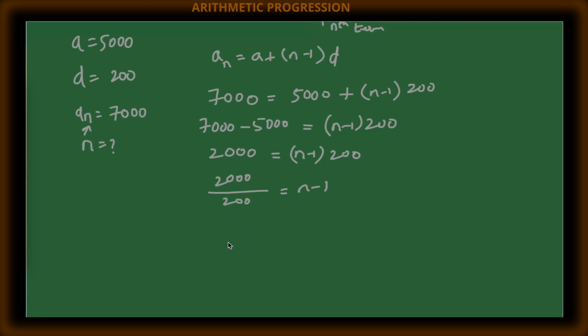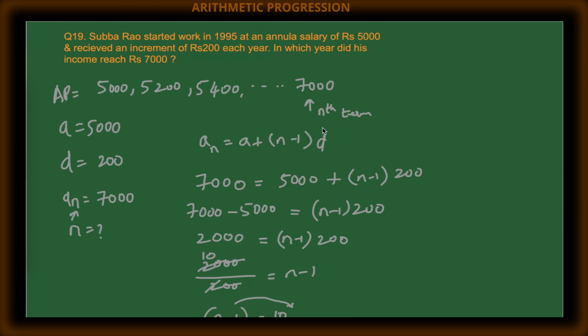Okay, 2 zeros gone here, 2 zeros gone here, 2 ones are 10s. So n minus 1 is equal to 10. So this minus will bring it here, it becomes plus 1, n is equal to 11. Okay, so in 11th year,